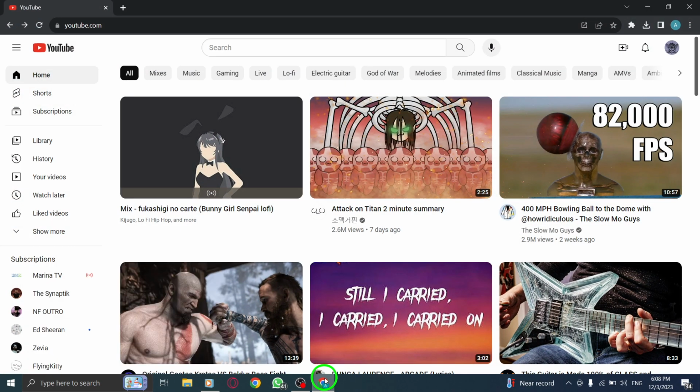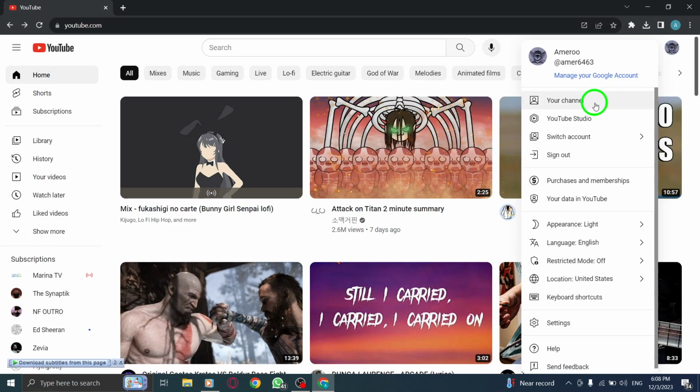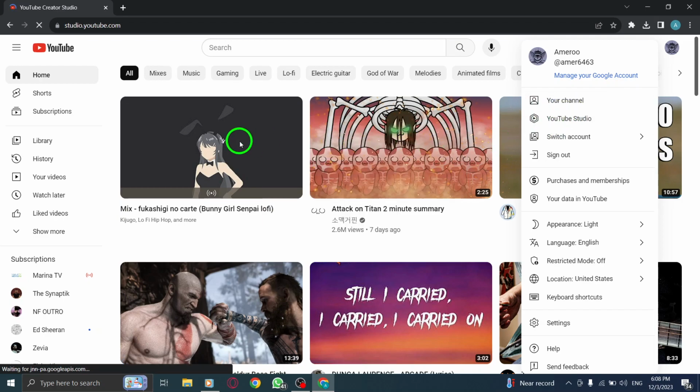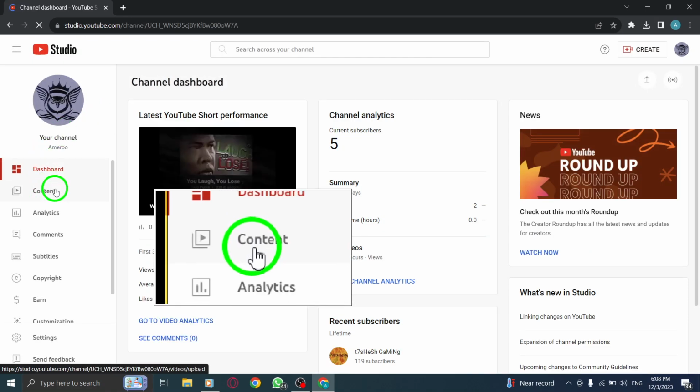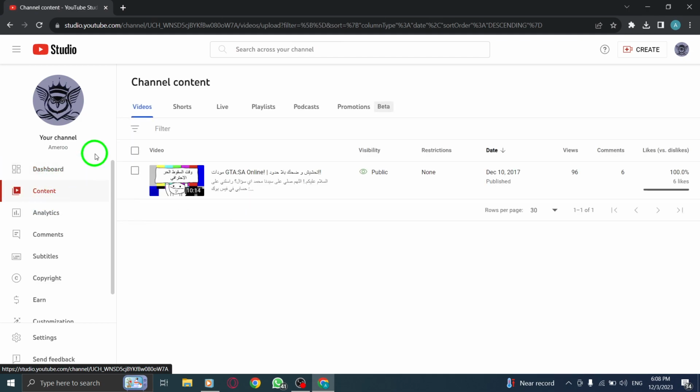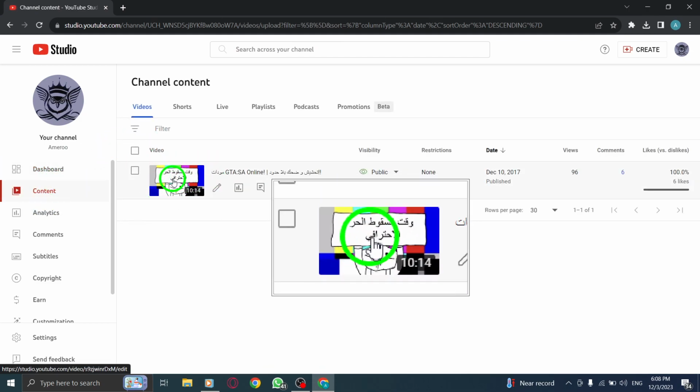Step 1. Open YouTube Studio. Step 2. Once you're in YouTube Studio, click on the Content tab located on the left-hand side of the screen. Step 3. Choose the specific video you want to explore by clicking on it from the list of your uploaded